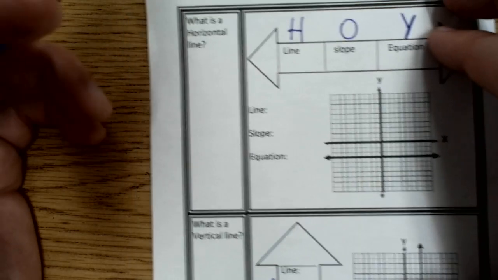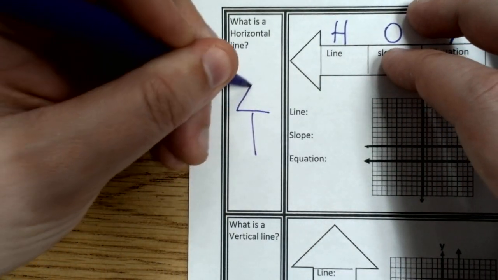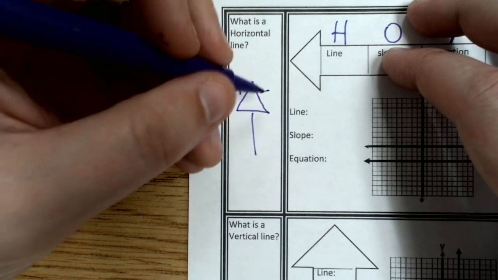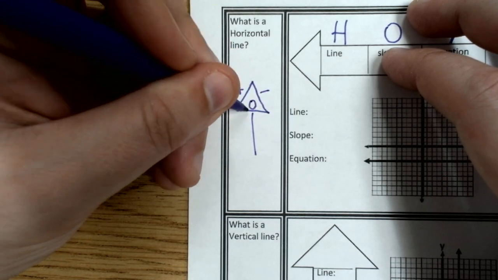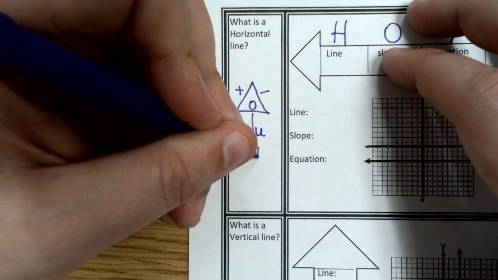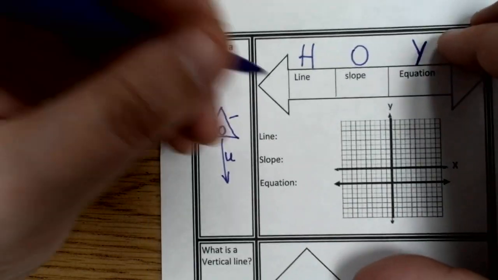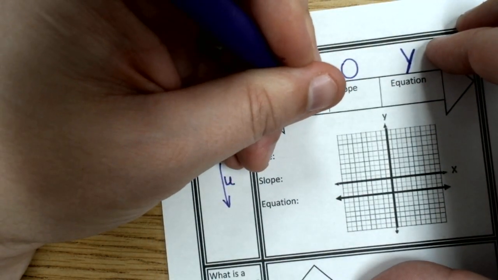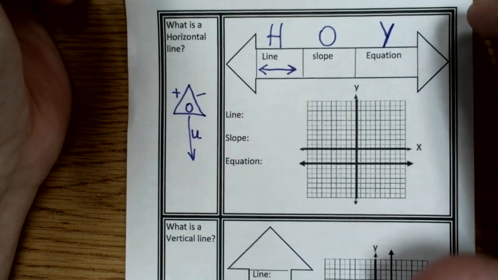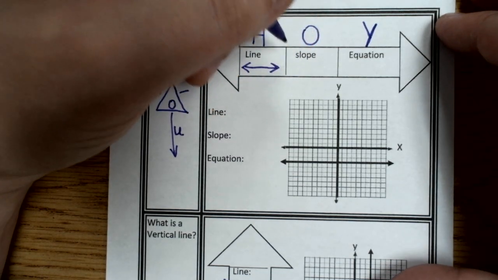Okay. You could also use our slope tree as a reminder. So we got our positive slope, our negative slope. It's 0 if it's horizontal there, or it's undefined if it's that vertical line there. So, horizontal line, of course, going left to right. When I look at the slope that I get, so if I do a slope-intercept form,